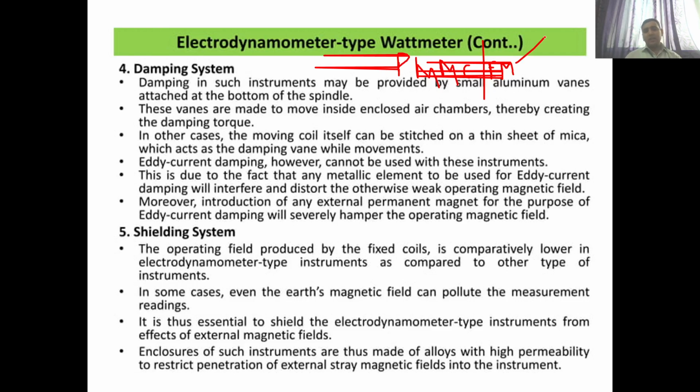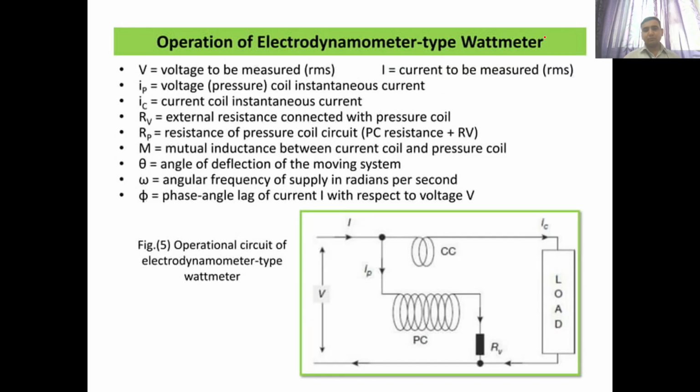Even the earth's magnetic field can pollute the measurement reading in such a system. So the enclosure of such a system will be required with high permeability to restrict the penetration of stray magnetic fields also. Okay. One of the operating systems, we discussed in previous diagrams also, where